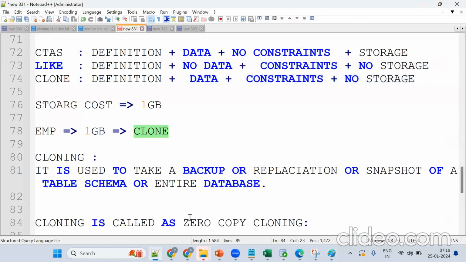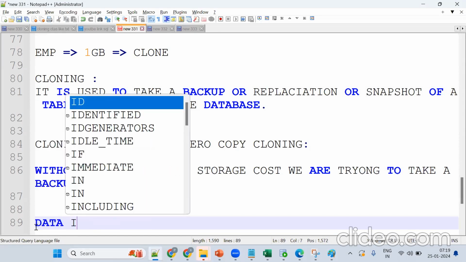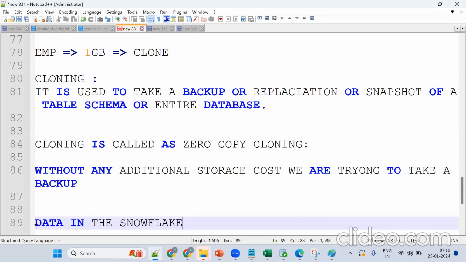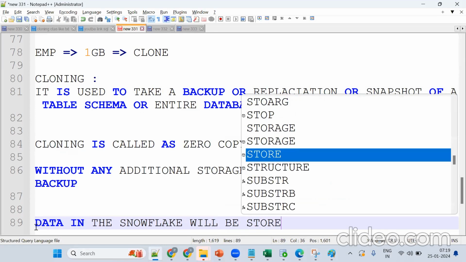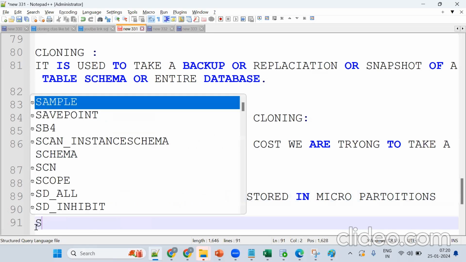Before that, understand that data in Snowflake will be stored in micro partitions. So data in the database will be stored in the form of micro partitions. Micro partitions are nothing but small